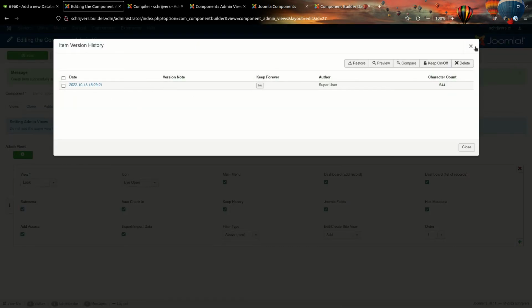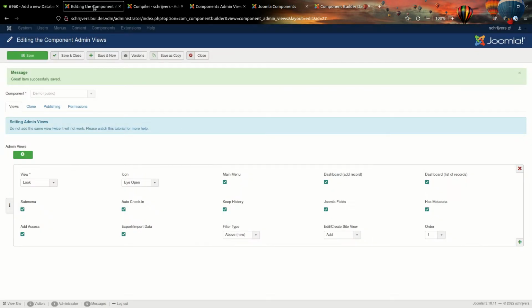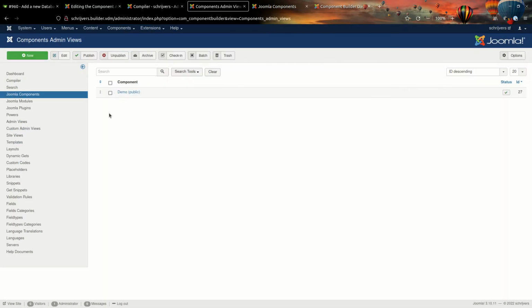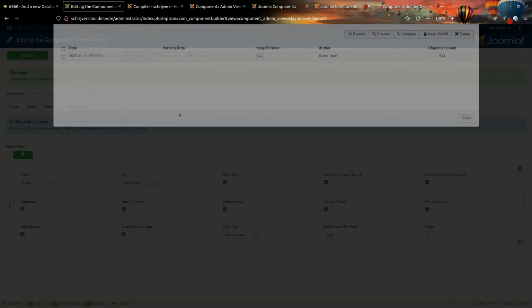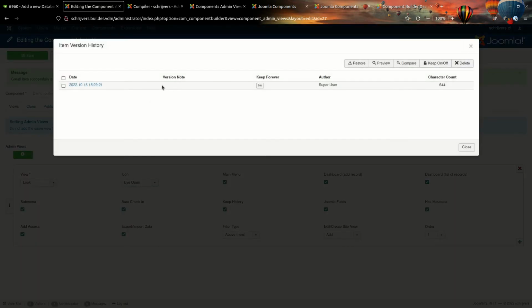Now this version will still not add any view. So if I at this point go to the component and actually add the view to the component, JCB will still not actually know about this. The way I can explain this is this version node should have the component's number in it for it to be linked to the component. So since this version node doesn't show the component number, it isn't linked to the component